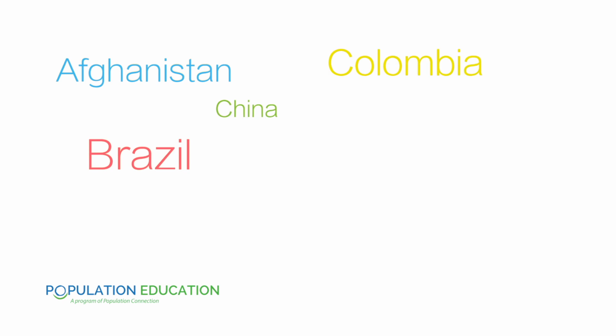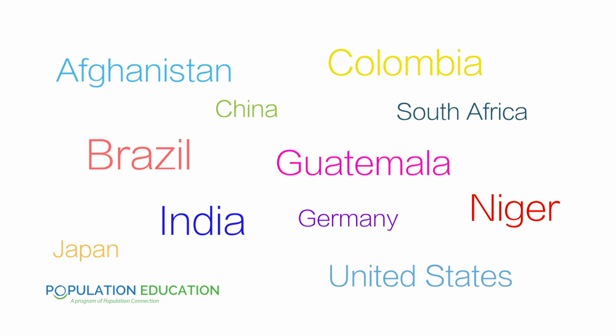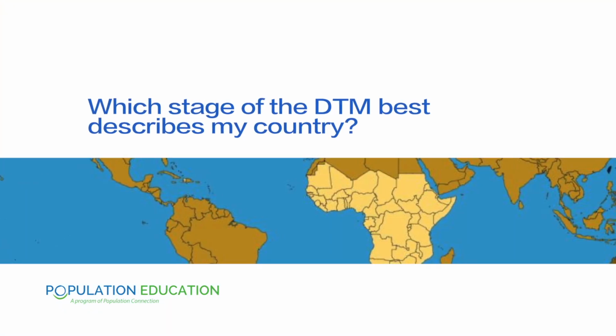Because the DTM divides all of the countries in the world into only 5 groups, there will inherently be a lot of variance within each of those groups. 2 countries with very different benefits and challenges will exist within the same stage of the model. To look at these differences, students are assigned one country from a list representing a range of DTM stages. Students then conduct research on their country with the ultimate goal of determining which stage of the DTM best describes their country. The assignment sheet included in the lesson plan provides some structure to help students collect the information that they'll need.